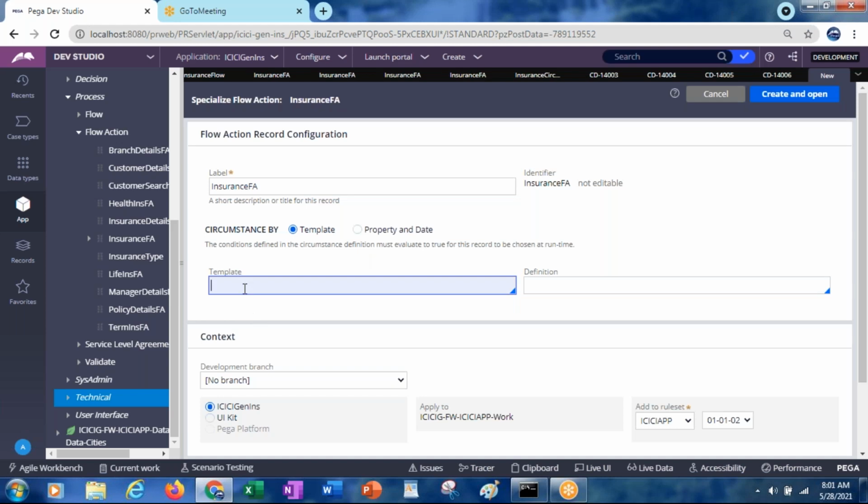Now here you can see the template which we have created.